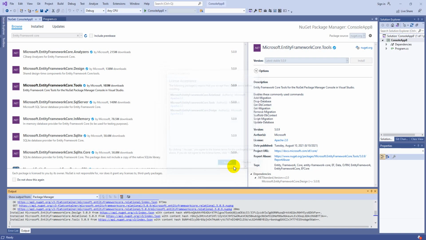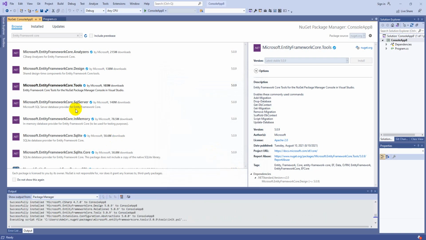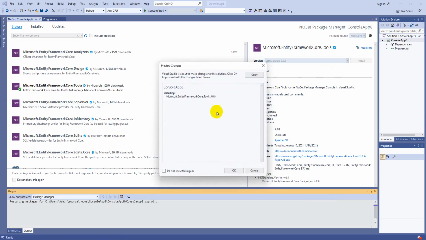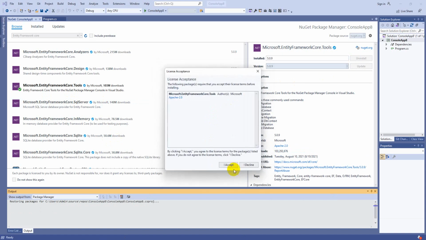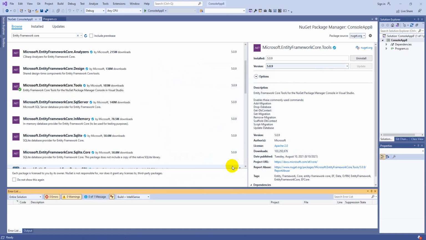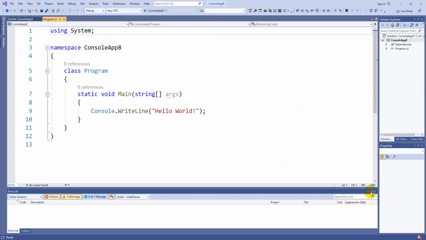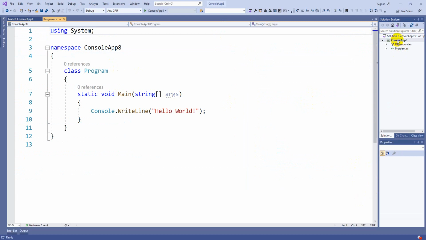Click on OK, accept the license. After that, install SQL Server, Entity Framework Core SQL Server, because we are using SQL Server as our database. After installing all these, let us start working.